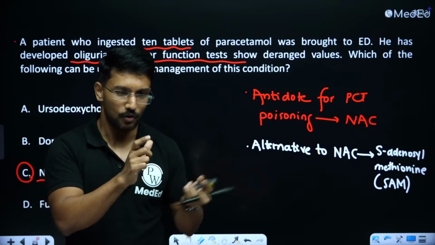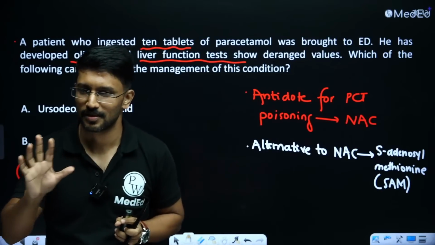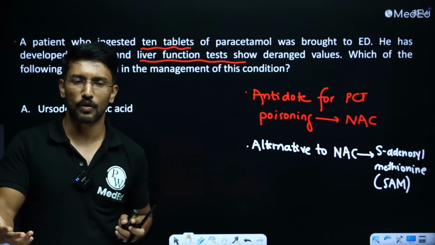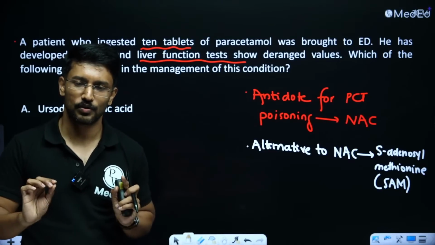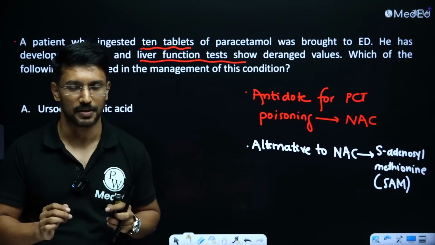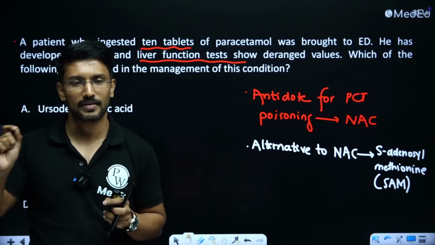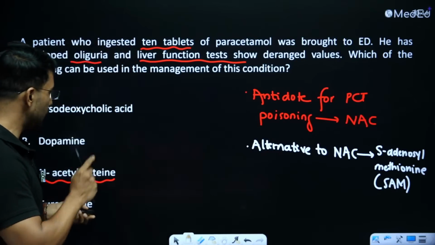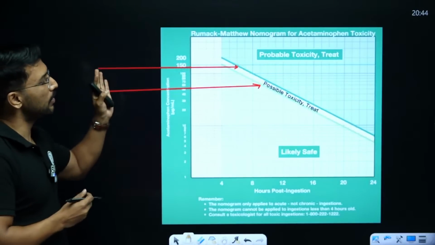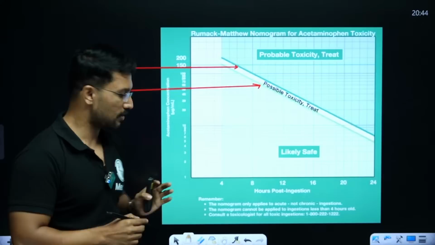But of course, it's not based on the patient's history. History is not reliable. When someone has an intention to commit suicide, he may give you a falsified history. And when someone wants to just scare the family members and has taken 1 or 2 tablets, he may again give a falsified history. So we rely on the blood paracetamol levels. So time after consumption and the blood paracetamol levels, we will plot on a graph and we call this graph as